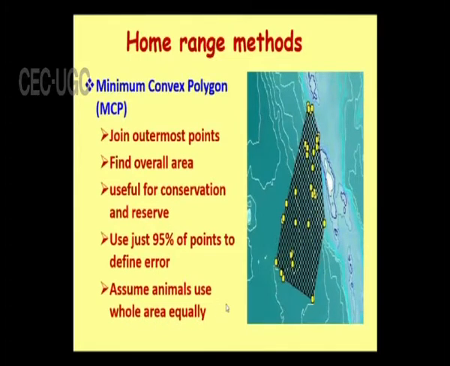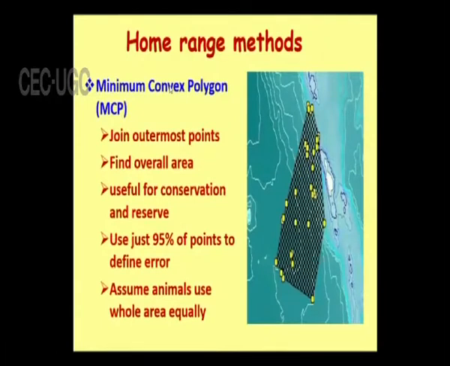Here we are assuming, because in the middle the animals are not there, but anyhow we are assuming that the animals are wandering throughout the area, but actually it is not true all the time, because particularly some animals like lion or some other animals are wandering in a particular area only.